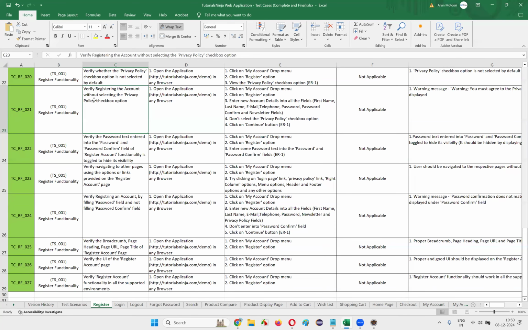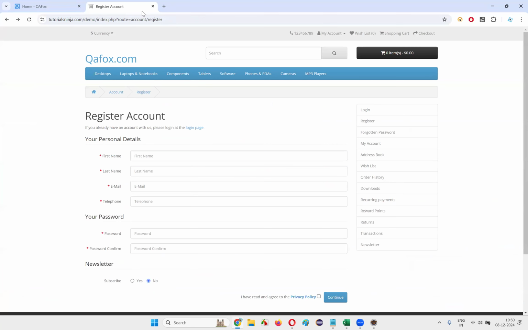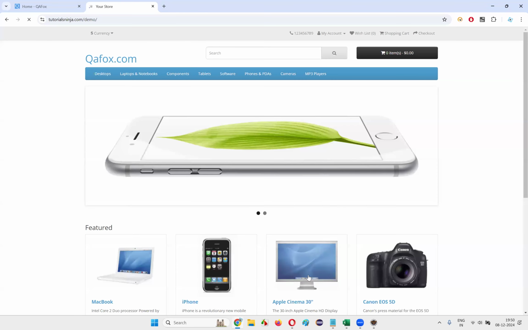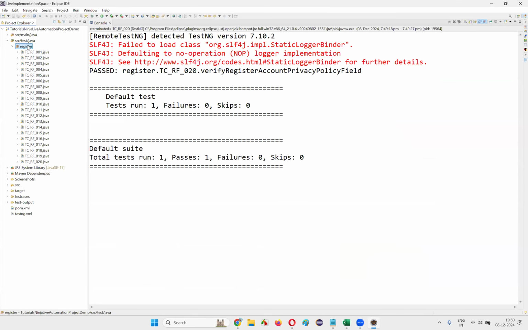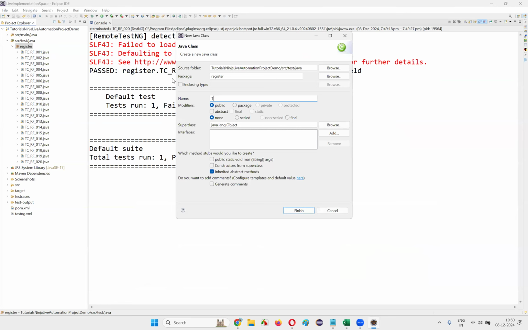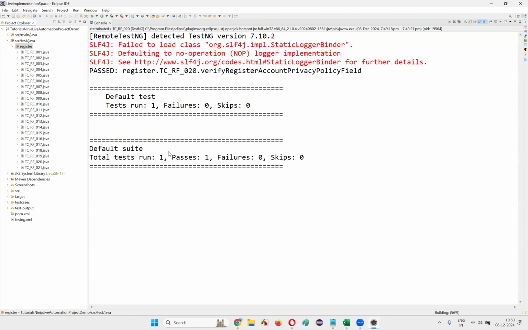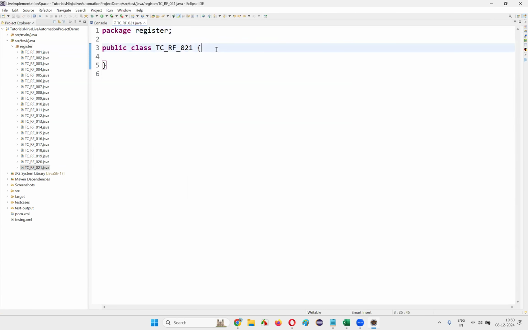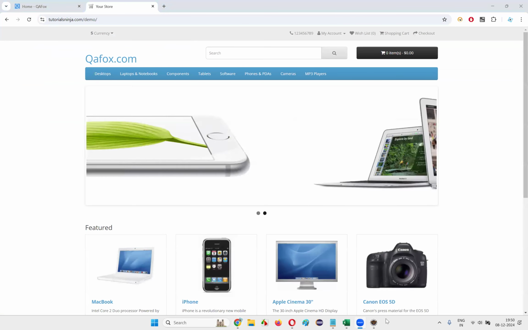Verify registering the account without selecting the privacy policy checkbox option. Okay. We need to verify registering an account without selecting the privacy policy checkbox option. So what I'm going to do here is go to this application page, create a new file, right click, new class, TC_RF_021, click on finish, and here create a method that is public void verify